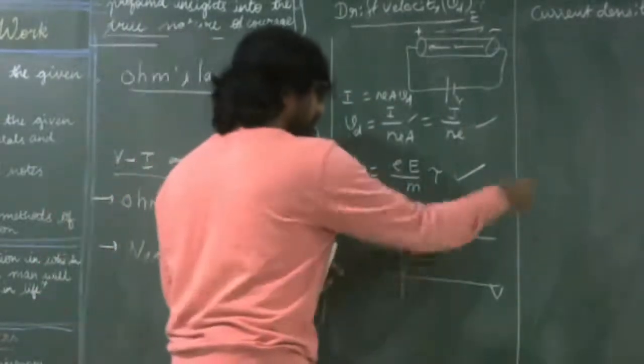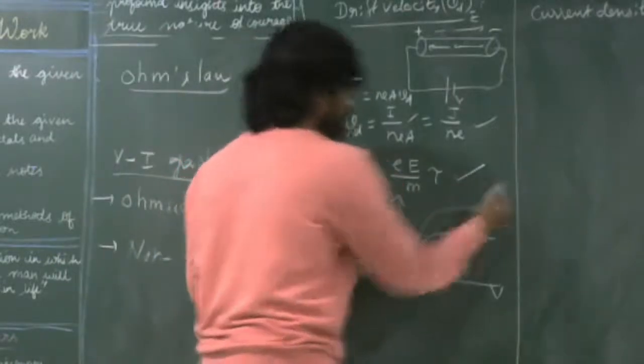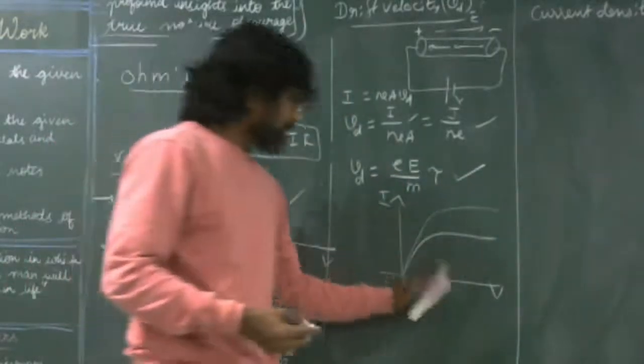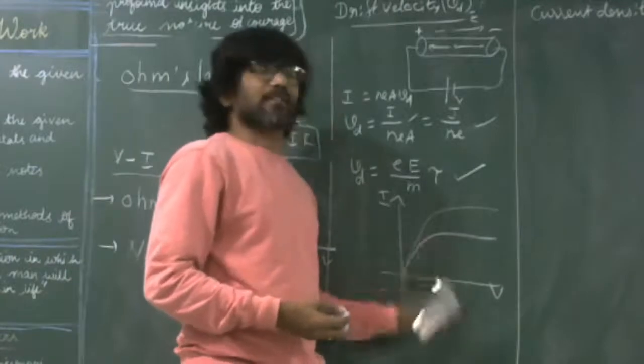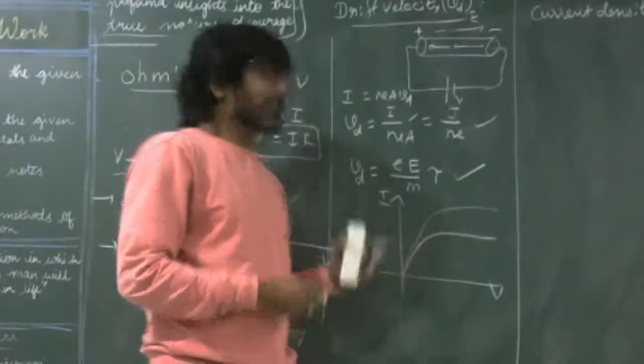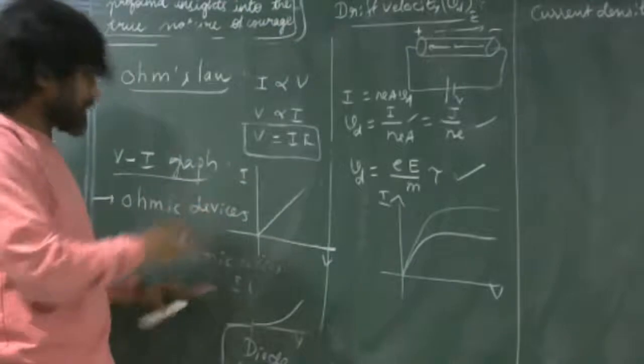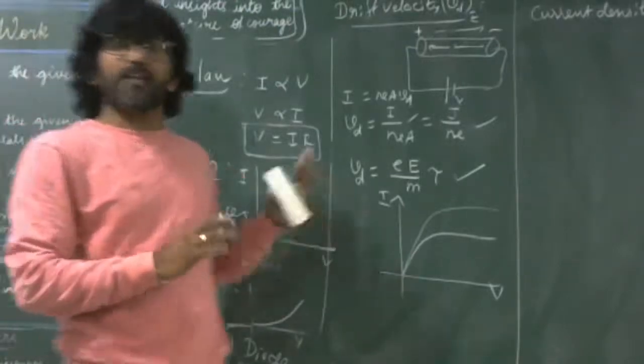So, for different values, we come across this kind of curves. This is the input VI characteristics for a transistor. Okay, so these are VI characteristics for non-ohmic devices, for diode and for transistor. Right? Whereas